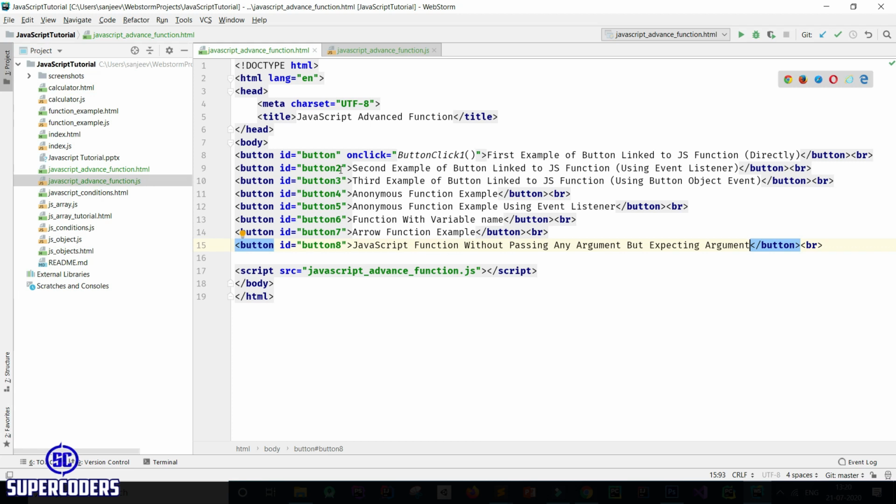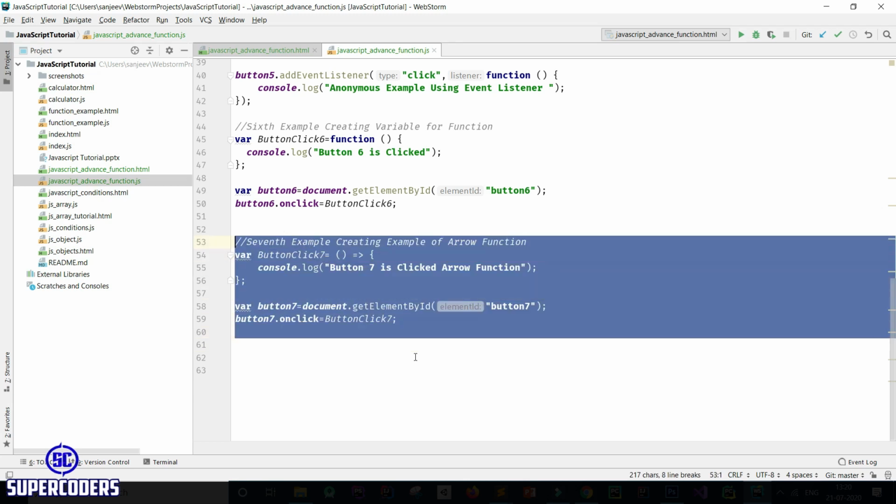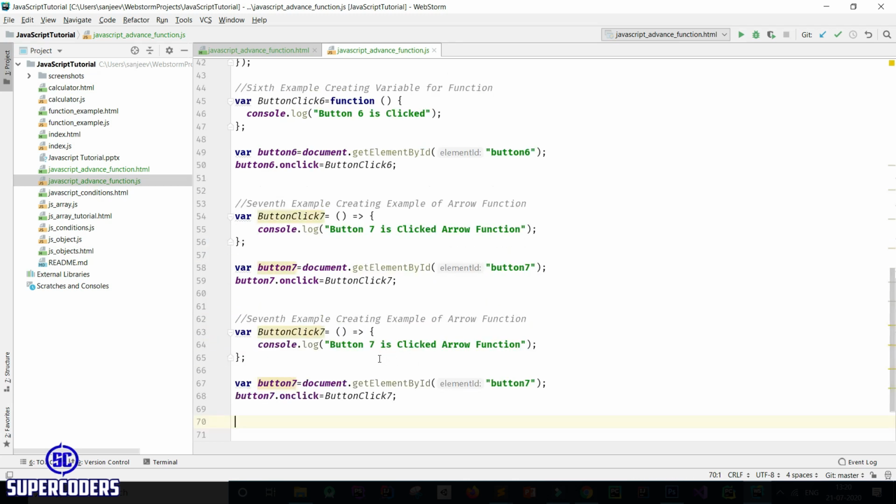Let's see how you can create this. So come back here and copy this all and change this to 8. Example, creating the 8 example, creating function with argument but didn't pass any value.